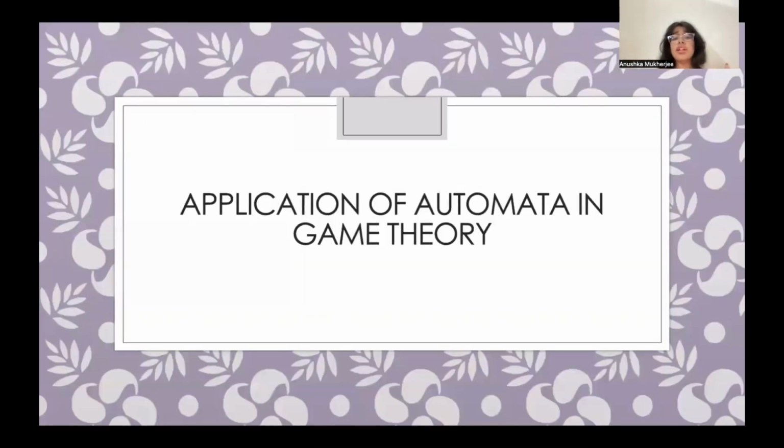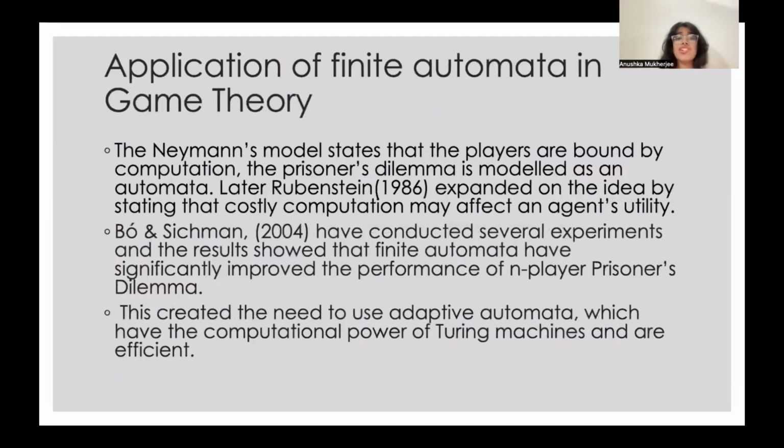So now we're coming to our main heading, application of automata in game theory. So, application of finite automata in game theory. There's Neyman's model that states that the players are bounded by computation. The prisoner's dilemma is modeled as an automata. Later, Rubinstein expanded the idea by stating that costly computation may affect an agent's utility. Then several experiments were conducted, and the results showed that finite automata significantly improved the performance of the n-player prisoner's dilemma. This created the need to use adaptive automata, which have the computational power of a Turing machine